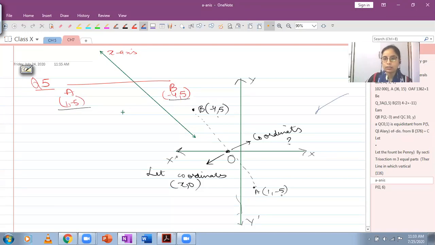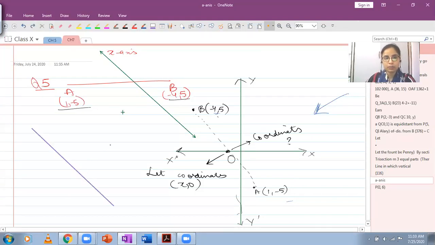If we look at the Cartesian plane, the x-axis is horizontal, which is different from this picture here, the rough sketch that we made. So the x-axis is horizontal, the y-axis is vertical, and what you can see, points A and B have been marked in the 4th and 2nd quadrants respectively. A is in the 4th quadrant and B is in the 2nd quadrant. And if we join them, the line segment that joins A and B, you can see it passes through the x-axis.